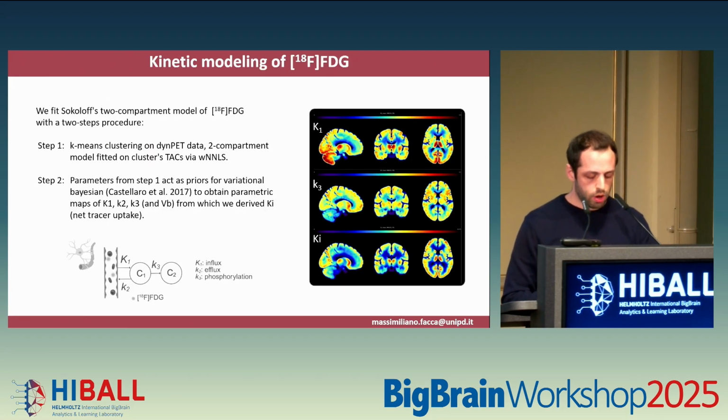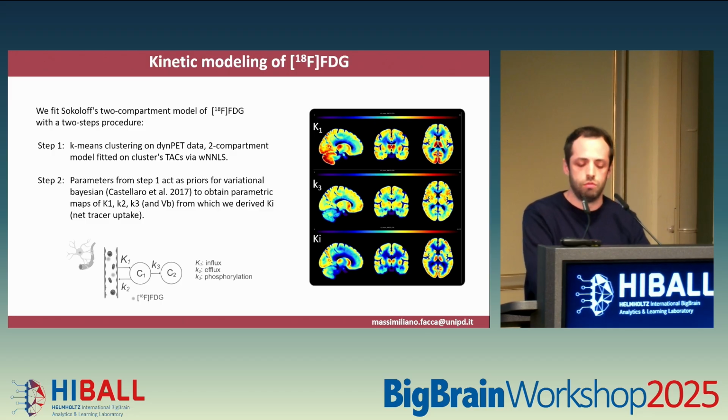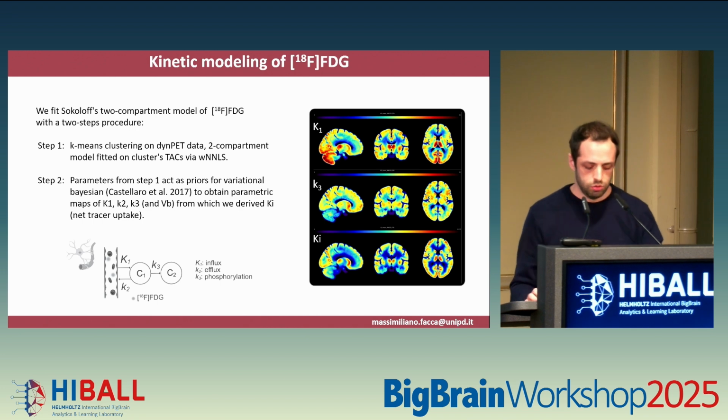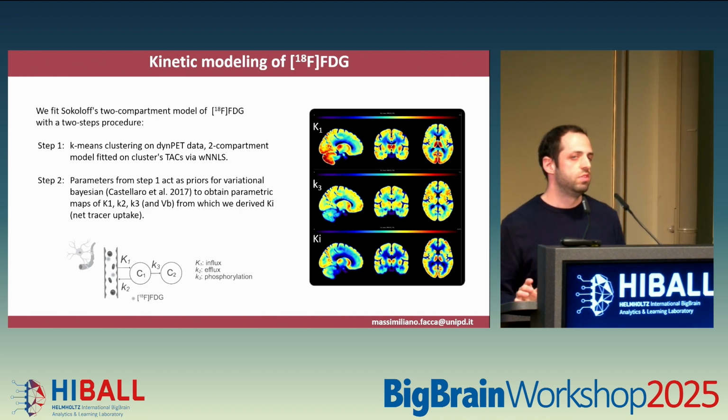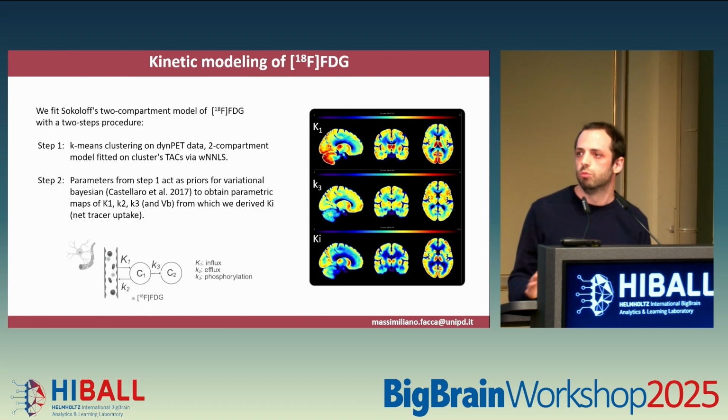As for the PET data, we wanted to distill as much information as possible. So instead of using simpler semi-quantitative or graphical methods, we did full kinetic modeling of FDG, specifically the two-compartment Sokoloff model that allows you to get not only the KI, which is the net tracer uptake and can be seen as the CMR glucose in many papers, but also microparameters that provide a full description of the first step of